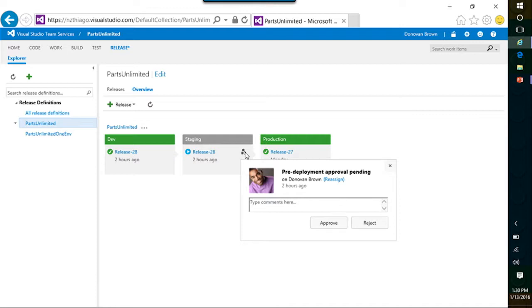So for example, in dev environments, I'm usually pretty liberal. I'm like, hey, get the code into dev as quickly as we possibly can and get it out of dev as quickly as we possibly can. So I normally don't have approvers there. There is a chance that I'll put a post deployment approval because we actually have approvals at 2 different points